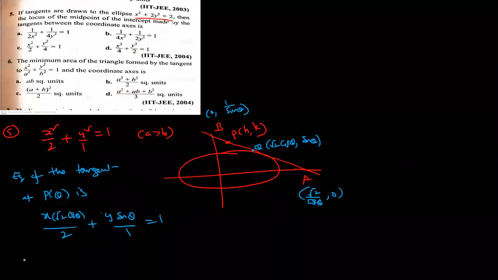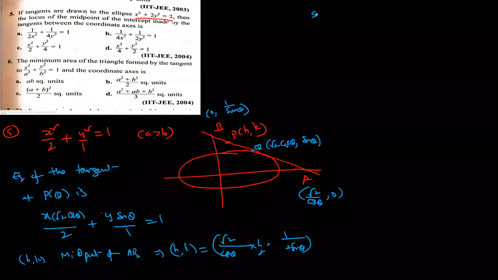Now, h comma k is the midpoint of AB. Then what is the case? h comma k is equal to, directly you can take 2h, 2k, otherwise root 2 cos theta into 1 by 2 comma 1 by 2 sin theta. How to simplify? Anyone? Yeah, I'm verifying. Sin theta is how much? Anyone? 1 by 2k. Compare this, dear students.